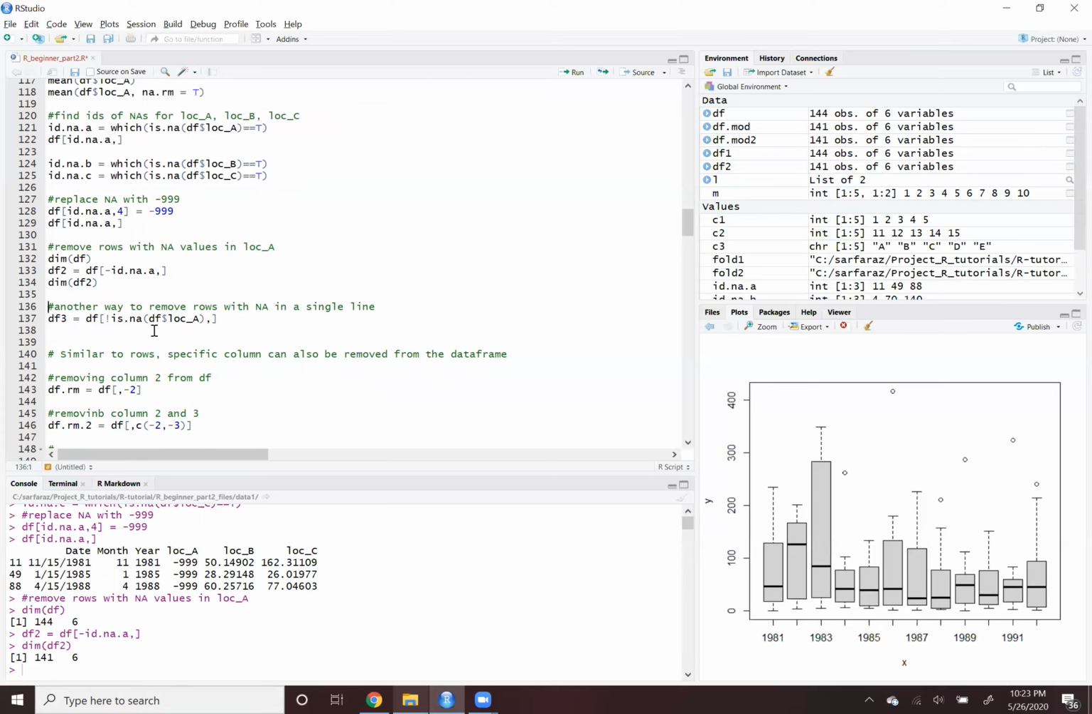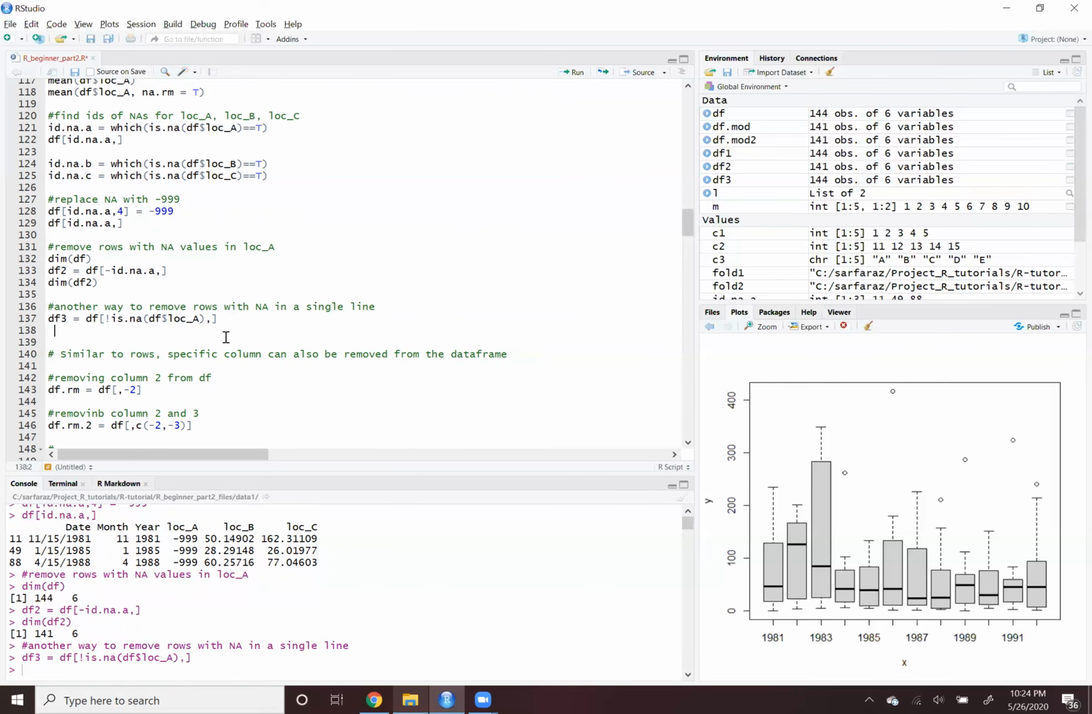There is another way to remove the rows with NA. What I'm doing here is searching where NA is, then putting a negative sign to remove that. But you can also do that in a single line of code. For example, what I did here is use this exclamation sign, which says not is.na, and the column I'm interested in. What it says is only keep those rows that are not NA. And if I run this code and check the dimension of df3, you will see that it's